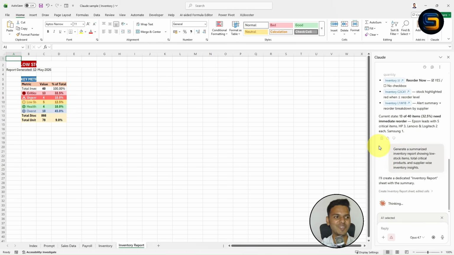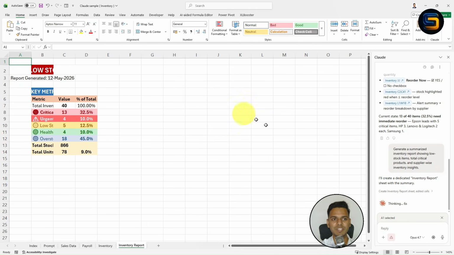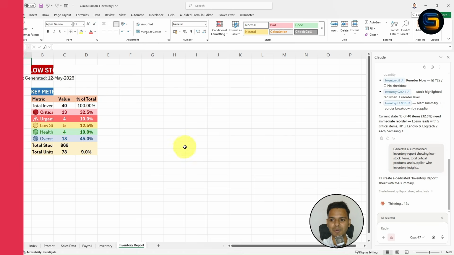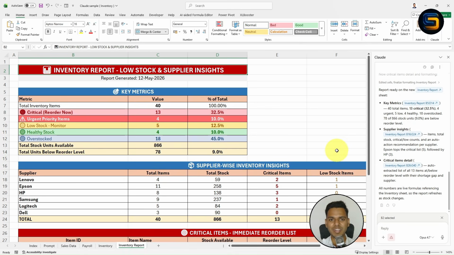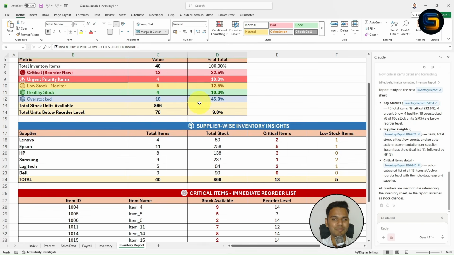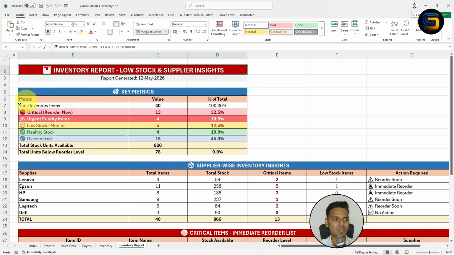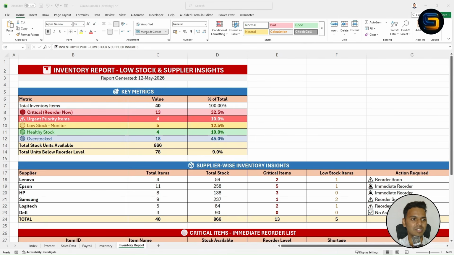Wow. Just look here, guys. See the power of Cloud AI. It has given the time also. Sorry, it has given the date also, on which date we are preparing this report. Friends, it's completely amazing. See the power of Cloud AI, how it has generated the report. Now let me close this Cloud AI. Let me adjust the camera.